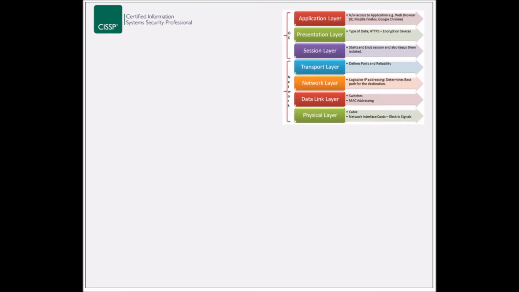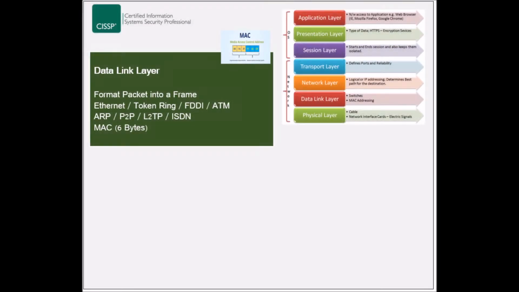The OSI model has 7 layers, which are the physical layer, the data link layer, the network layer, the transport layer, the session layer, the presentation layer, and the application layer. The data link layer, or layer number 2, is responsible for formatting the packet to be ready for transmission, which